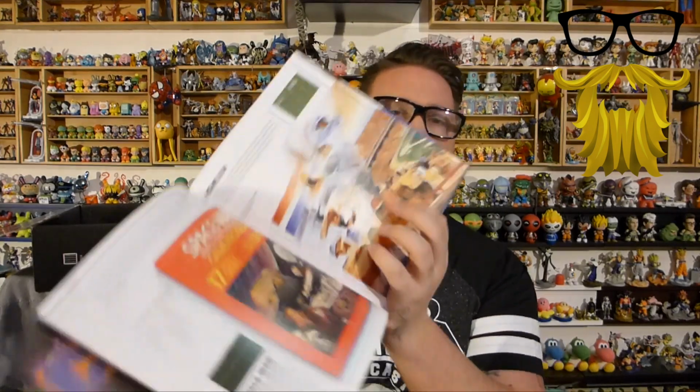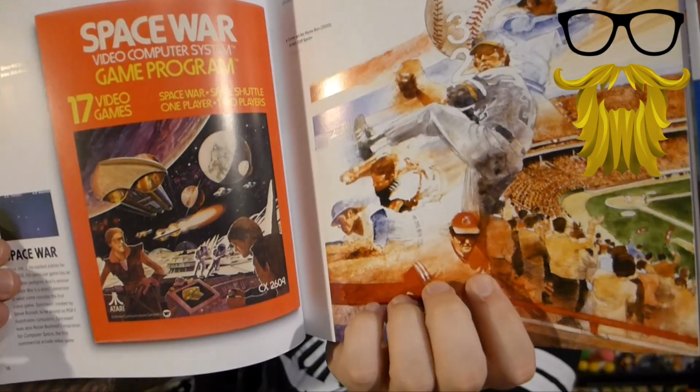New book. Fresh. The freshest. So these look like the covers to video games. This is really cool, actually. I wish they'd go a little more into it. It kind of just looks like they just show covers and explain it. I kind of wish they'd go a little more into the...